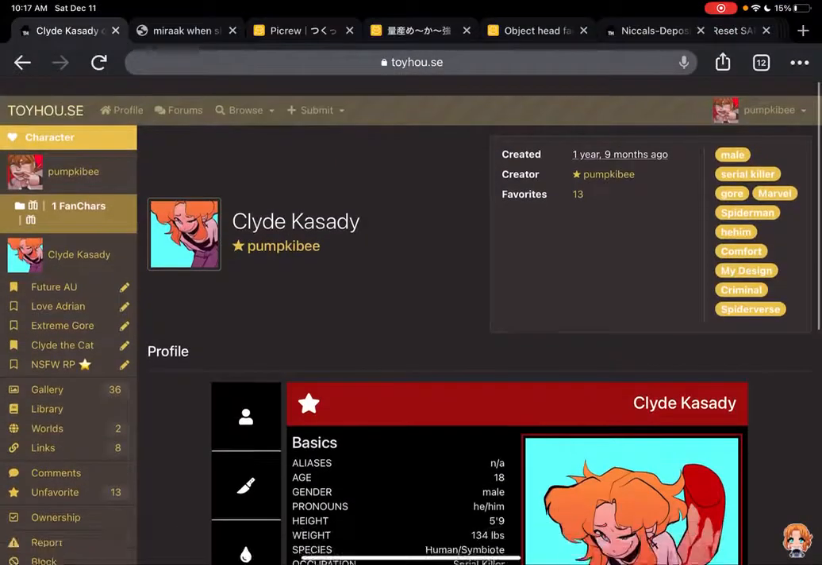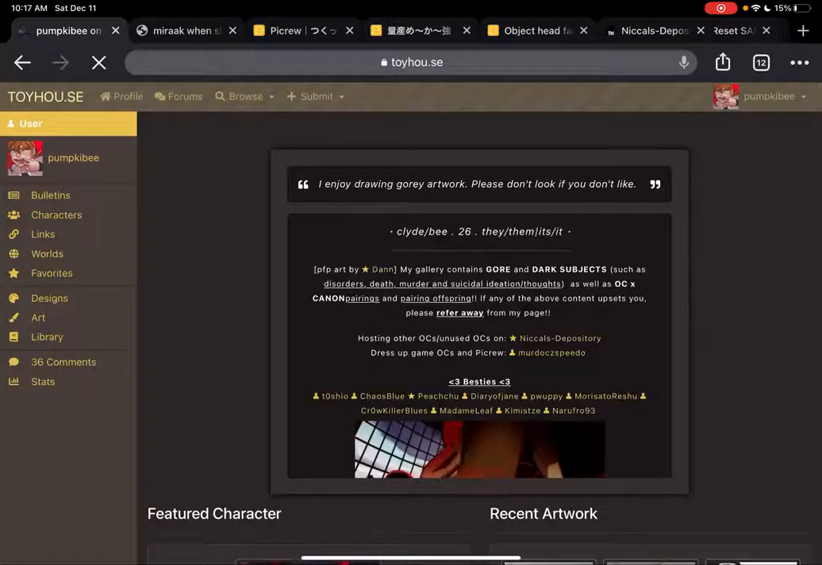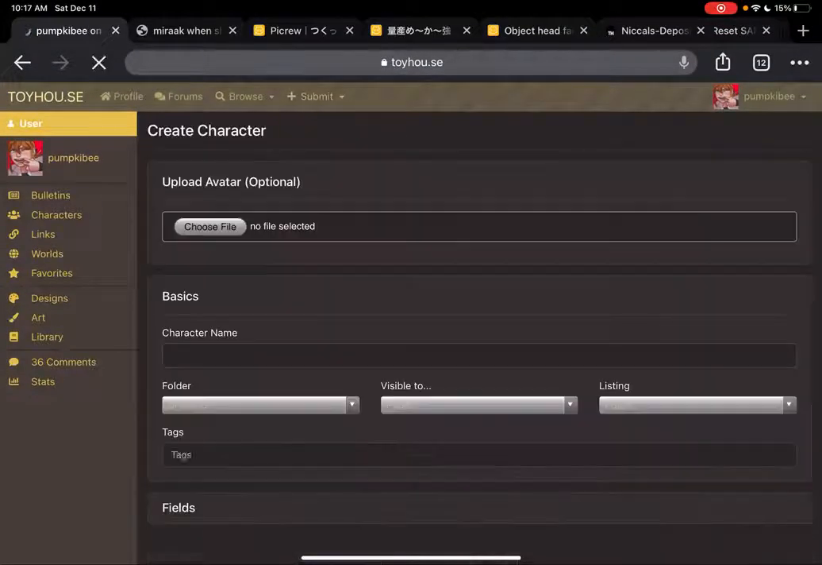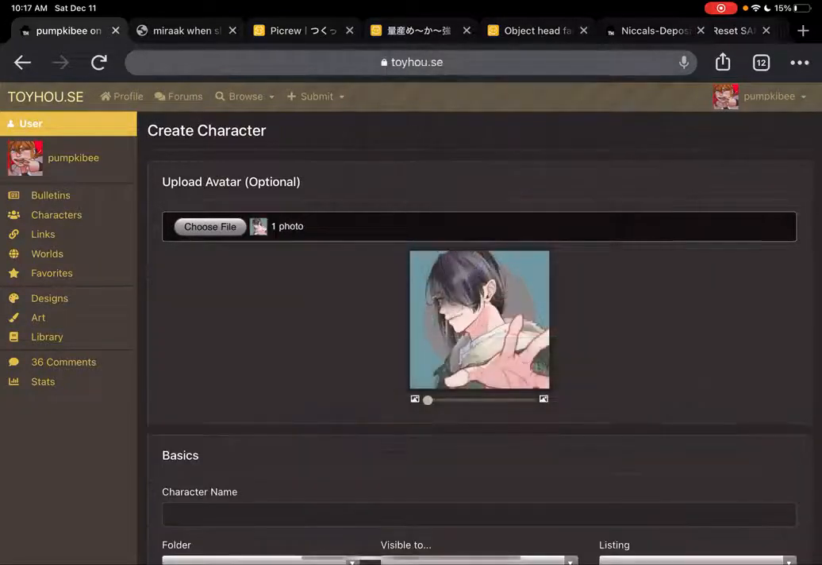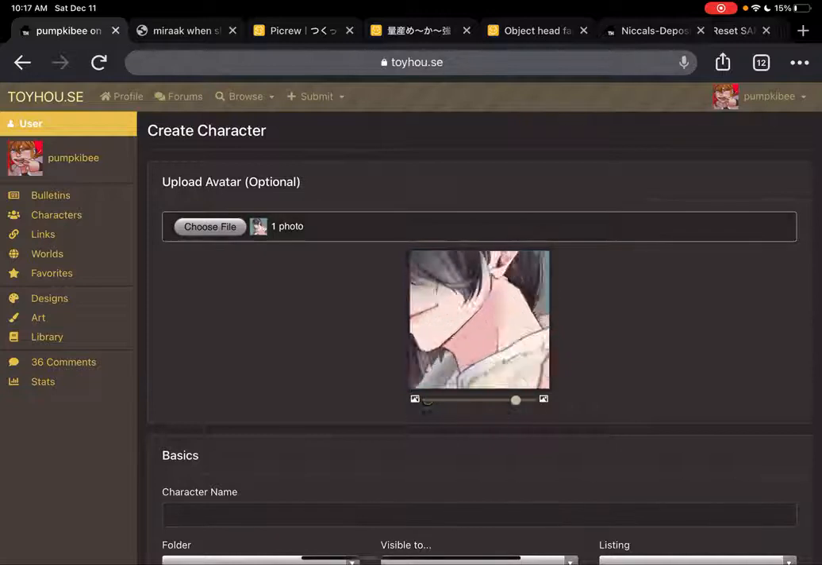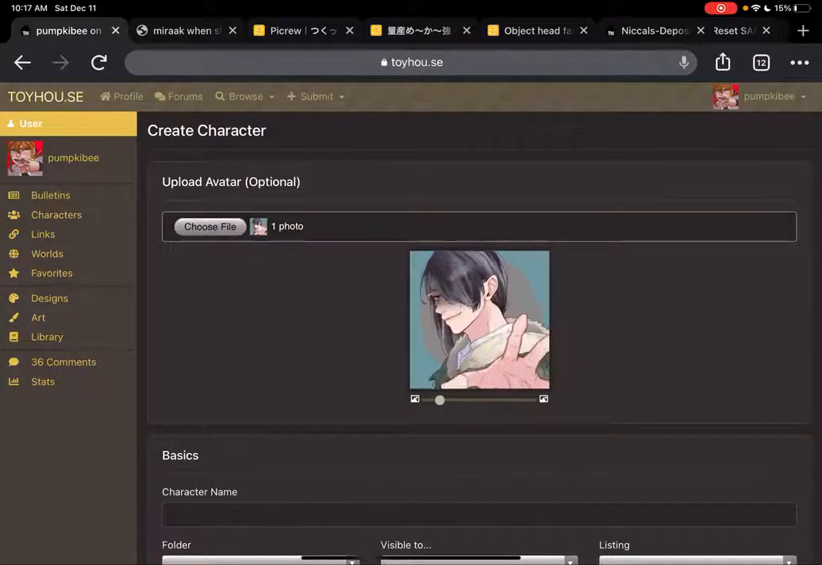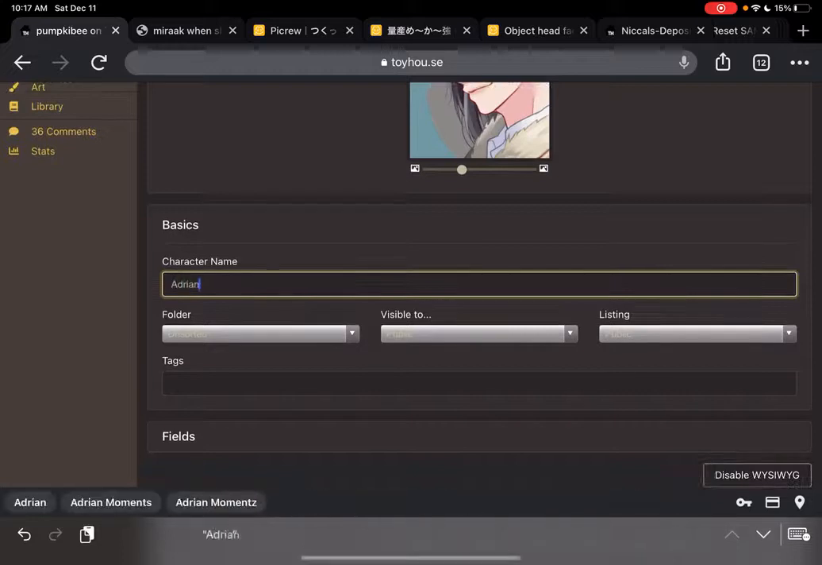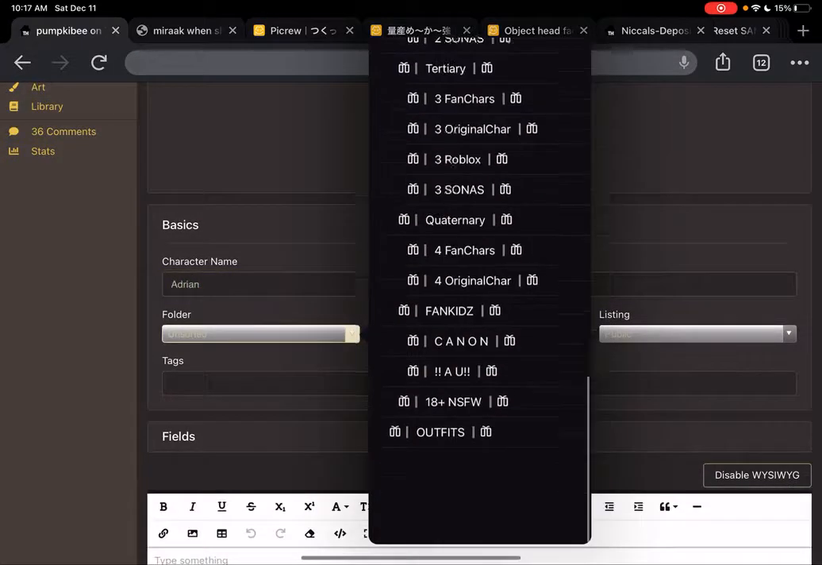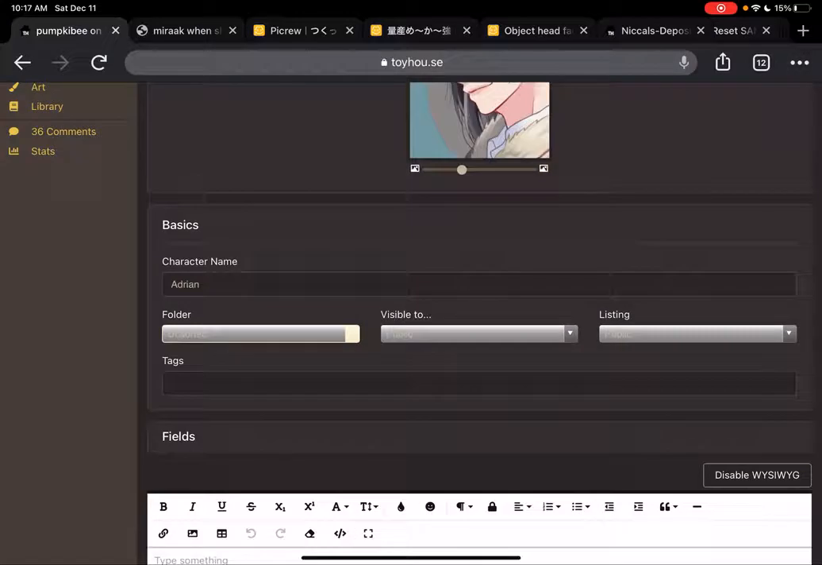Like this, voila. So basically what you want to do is go to submit, click on character, and then open up the folder that you're gonna be using a picture from. Right now I'm gonna use this as the example character. You write their name. You can put them in any folder that you make,